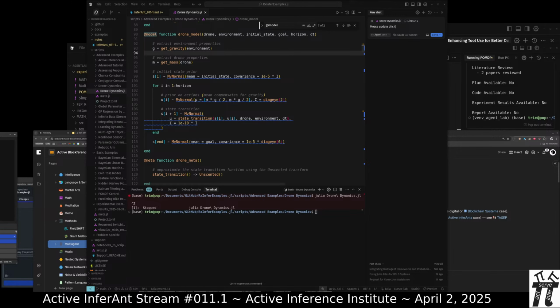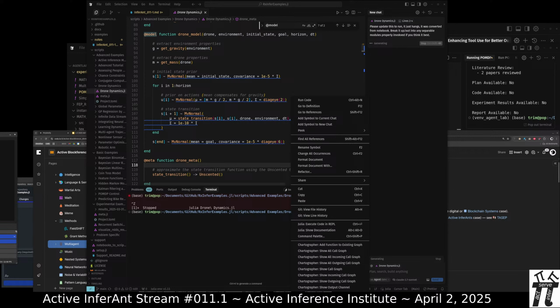Please update this to run. It just hangs. It was converted from notebook. Break it up out into any separable modules, properly invoked if you think it best.